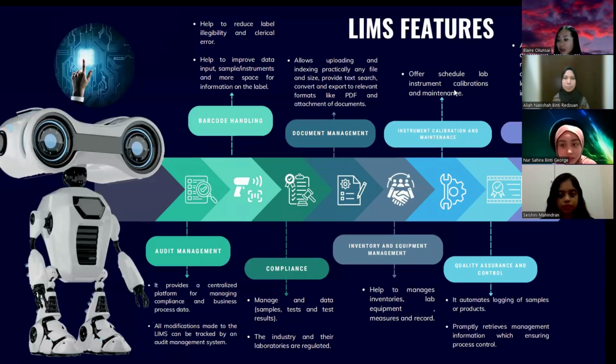Along with this, these are the breakdowns of the LIMS features. The first one is audit management, which provides a centralized platform for managing compliance and the business processes of the data, where all the modifications made through LIMS can be tracked by the audit management system. Second is barcode handling, which helps to reduce label illegibility and also to reduce the clerical errors that happen from humans